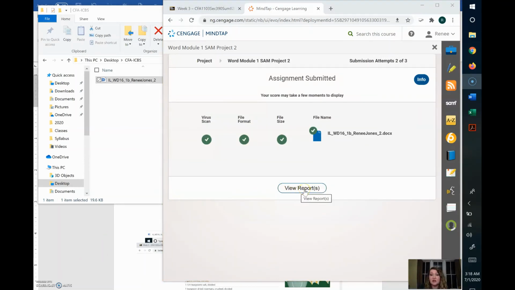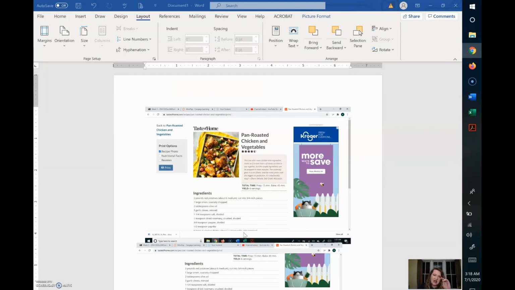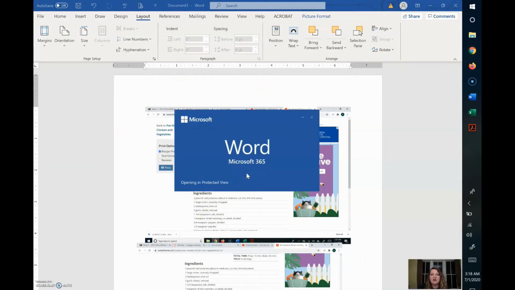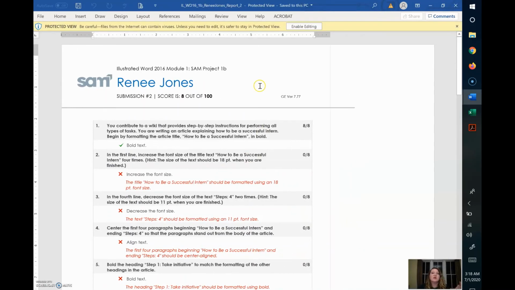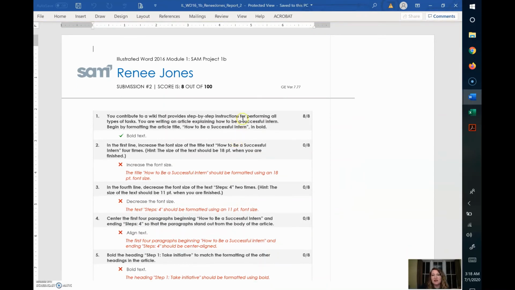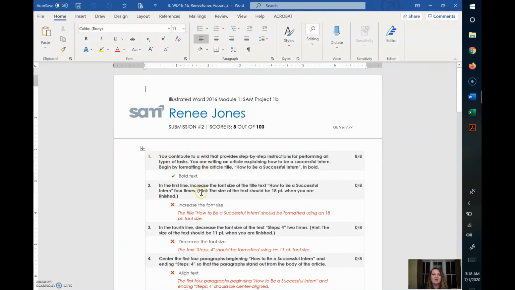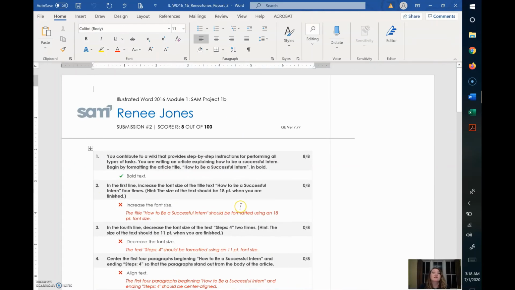So after you turn it in and you hit the view reports, this allows you to see a document that tells you what you did right and what you did wrong. Once again, mine's always coming down here at the bottom, so I'm going to open that, and it will take a few seconds to come up. But it's just a Word document, and it tells you step by step. So I only did the first 2 steps, and the second one I did incorrectly because it wanted you to make it go up. So on this one, increase the font size, but it also tells me I made an 8